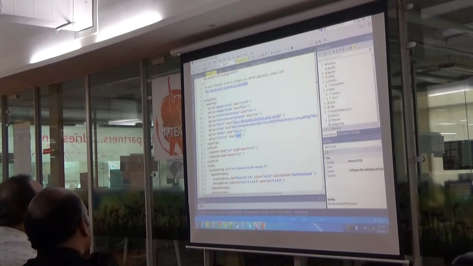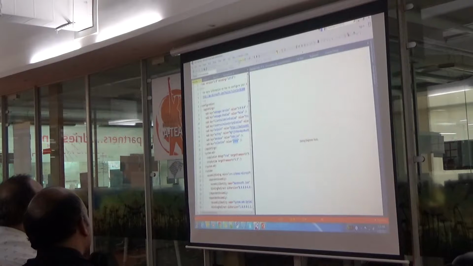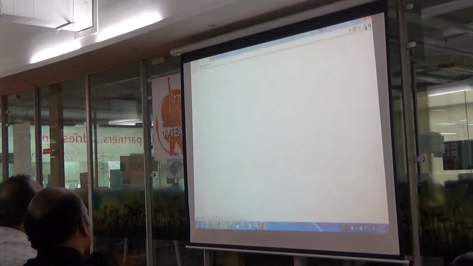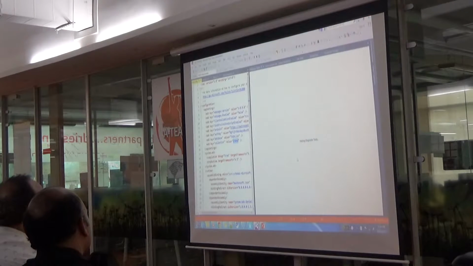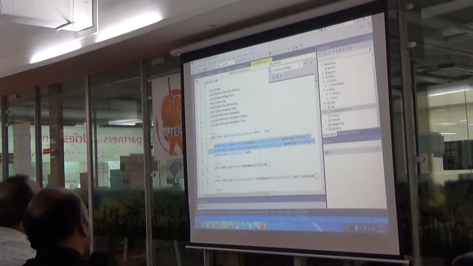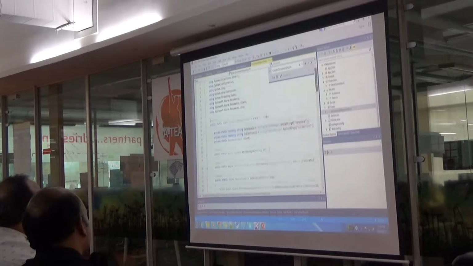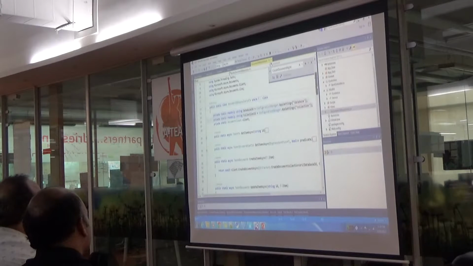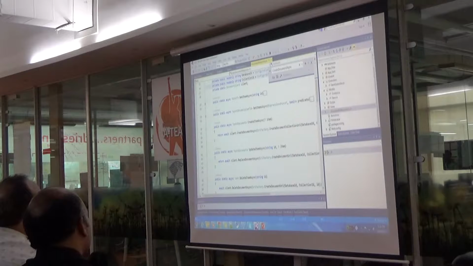Okay, let me run it. Show the DB layer. So it's not a DB layer, there is a repo. This is the DocumentDB repo, and it's basically creating a DocumentDB client. This is done by the SDK.